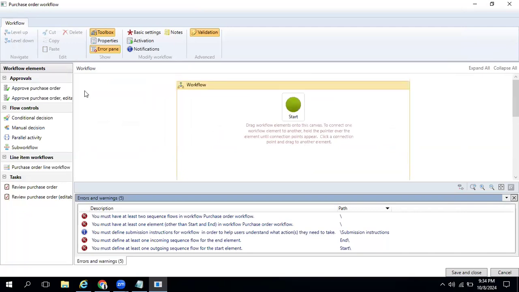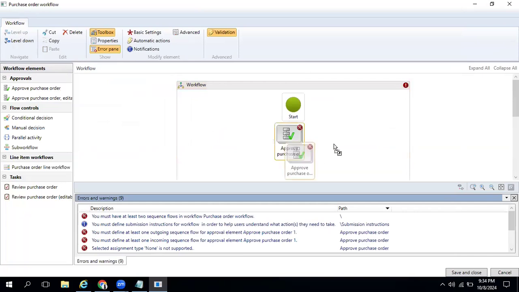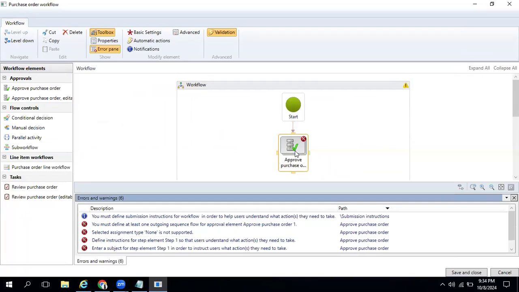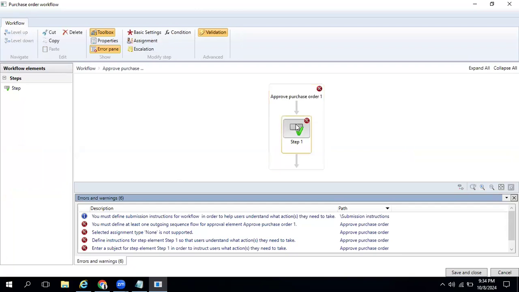Okay. So what you need to do is, these are the approvals in the standard application. So you will click on here and you will add it over here. So it is now added. Okay. So what you need to do is connect it: it will start, it will go over here. Now what action it needs to have. So you double click on it, and then go to the